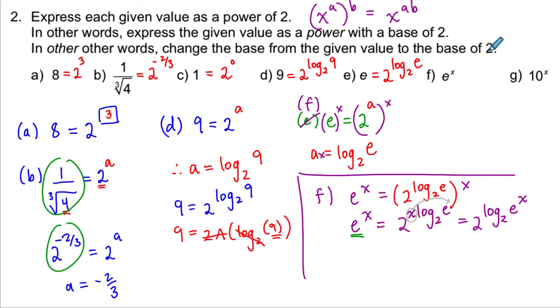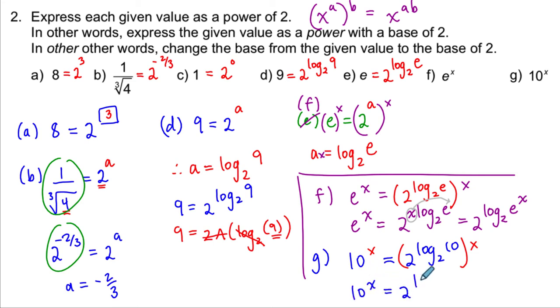Okay, so for the last one we want to do the same thing, but this time we have a base of 10. So for part g, I know first of all that I could write 10 as 2 to the log base 2 of, and they would cancel, leaving me here with 10. And then I raise both sides of the equation to the exponent of 10, which means that I multiply these two exponents, and I get 10 to the x is equal to 2 to the log base 2 of 10, and then that exponent is multiplied by x. I don't want to put x at the back because I don't want to think that this is 10 times x, so rather I'll put x at the front,